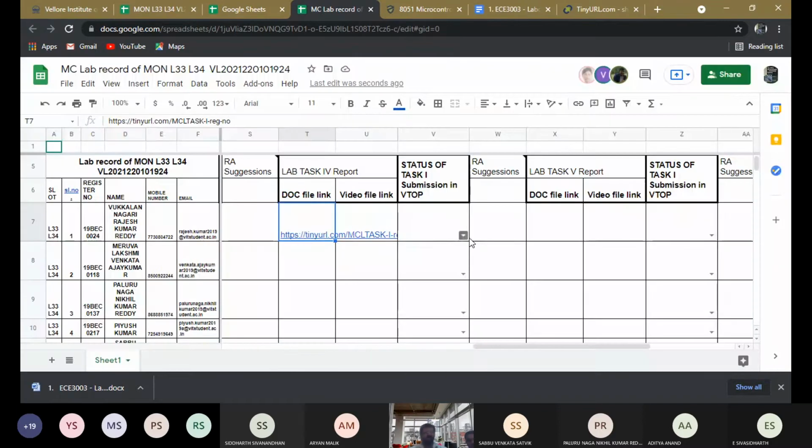Okay. So this is the way we are going to take the report, each and everything. I have already shared the template for the report. They will be submitting here one by one. Your work is just to click it and view whether their reports are effective.